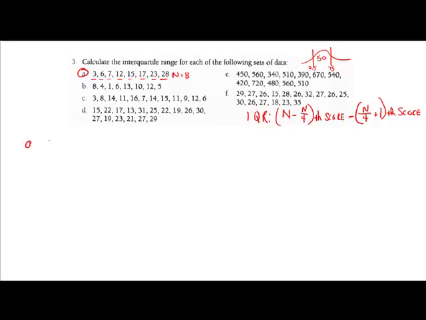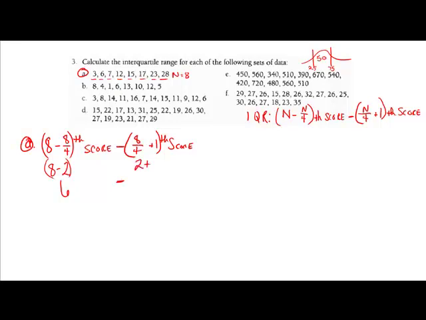So let's do our interquartile range for A. 8 minus 8 divided by 4, minus 8 divided by 4 plus 1. Okay. 8 divided by 4 is 2, and 8 minus 2 is 6. So I need the 6th score, and I'm going to subtract from that 6th score 8 divided by 4 is still 2 plus 1,